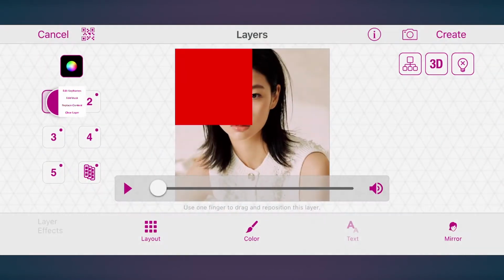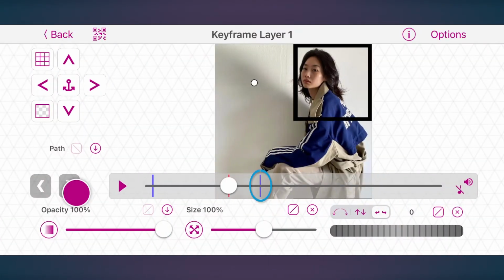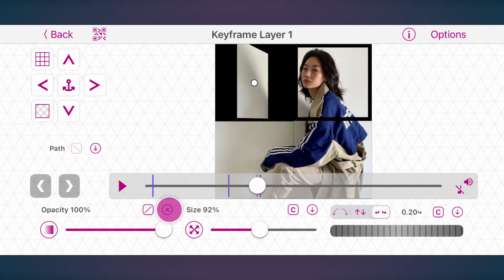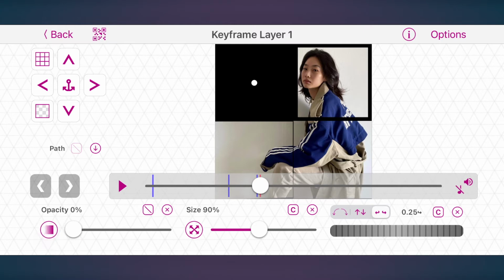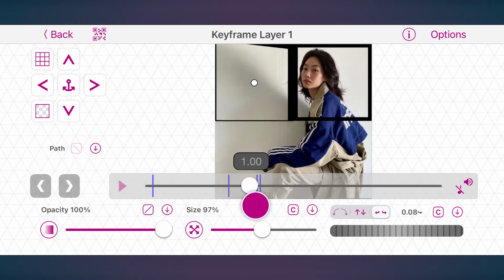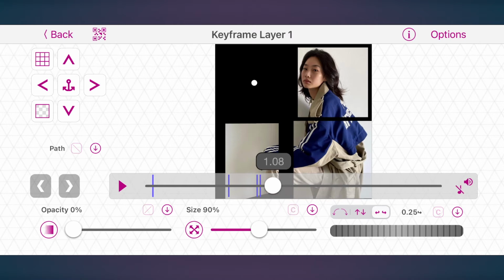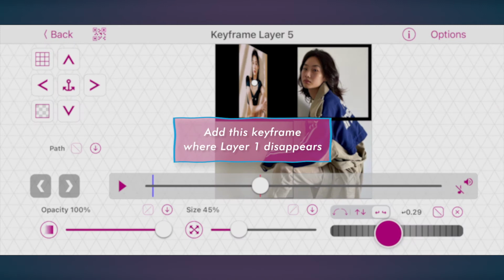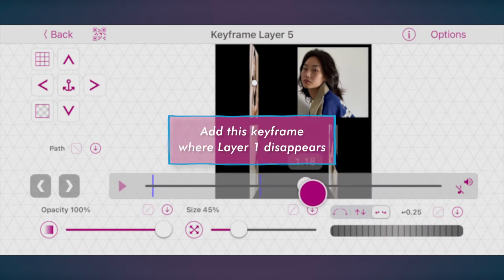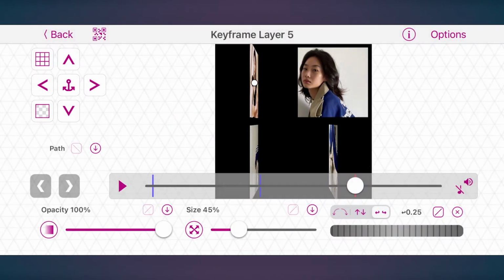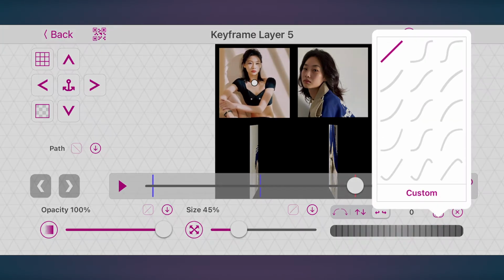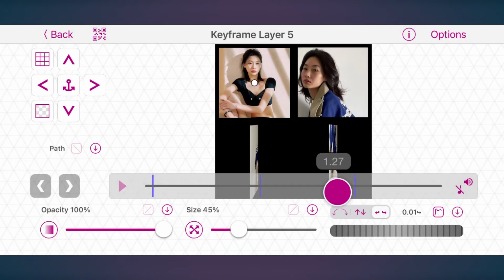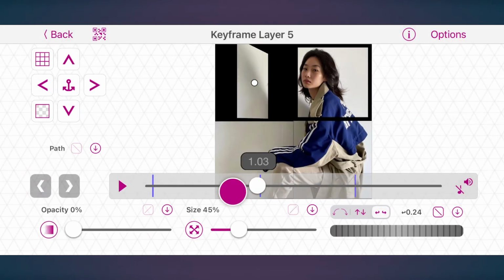Go to layer 1 and see when the transition ends. It will disappear in this keyframe, so set a keyframe for opacity 1 frame before and turn it to 0 when the transition finishes. Then, go back to layer 5 and set the rotation to 25, but this time to the left side. Set rotation to 0 1 second after this keyframe and use this pre-made graph. Make opacity 0 before the transition starts.